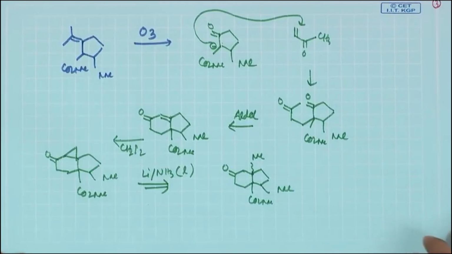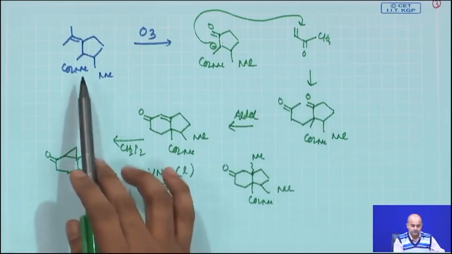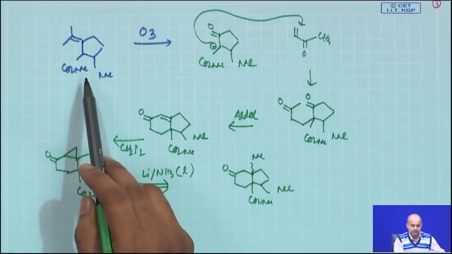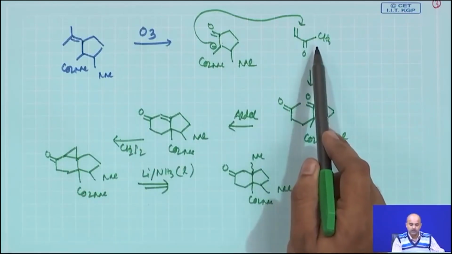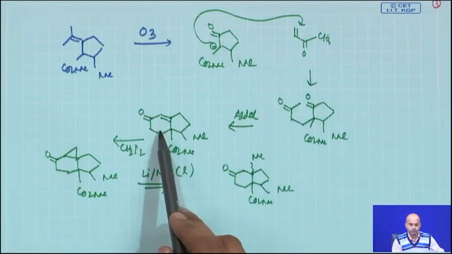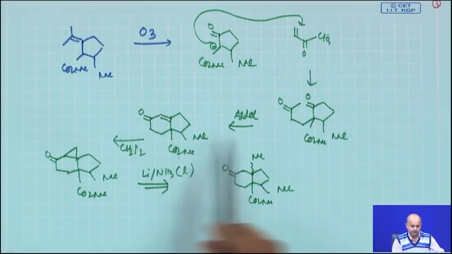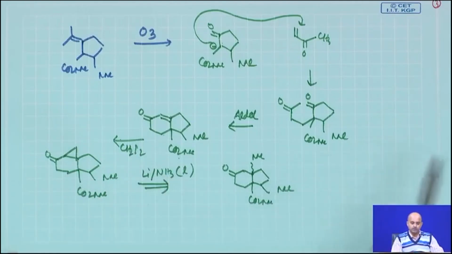Now, once you come here, the remaining part of the synthesis was absolutely simple, and then you can simply quench the reaction mixture. You can get this product, do an ozonolysis, come here, do a Michael addition with methyl vinyl ketone followed by aldol, that gives you the alpha beta unsaturated thing. Your CO2Me and methyl are in their respective positions. Now, do a Simmons-Smith reaction with diiodomethane to form the cyclopropane, then you just cleave it with lithium liquid ammonia to complete the